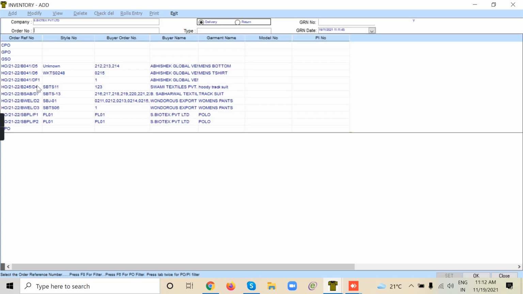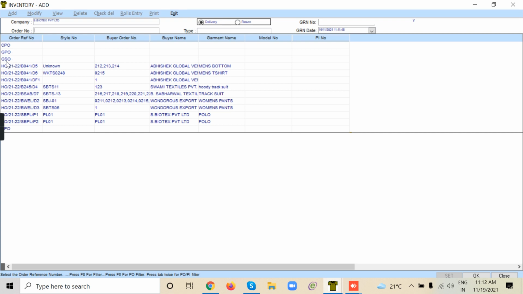Let's say I'm receiving the material for a particular RD4, or if I'm making a combined PO, I will select CPO here. There is CPO, PO, and GPO, general purchase order. If I'm making a non-fabric, non-trim purchase order, that will come under GPO.